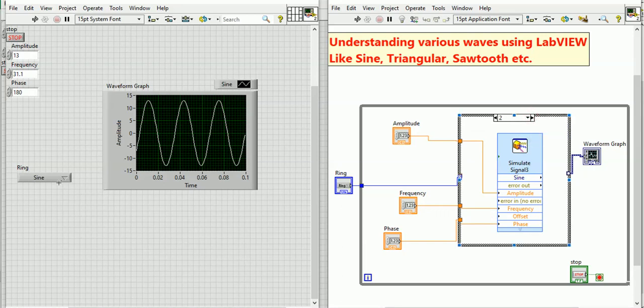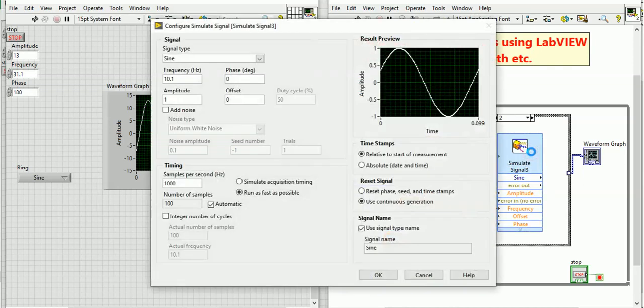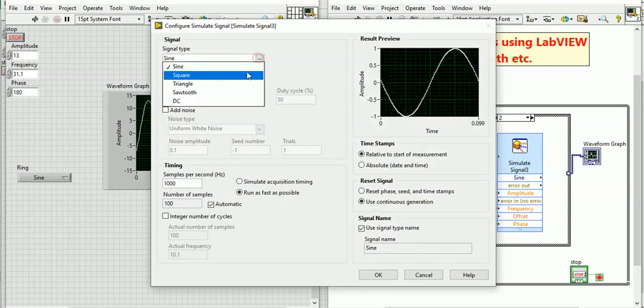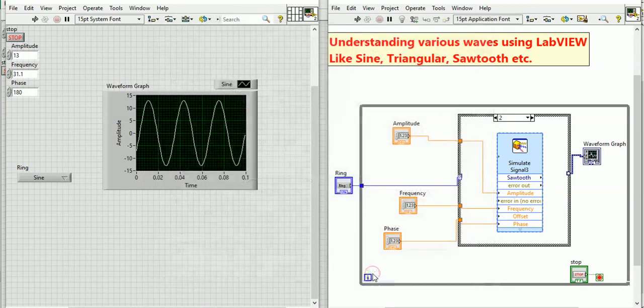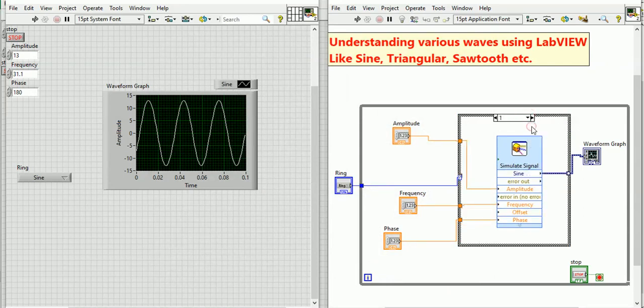In the control panel, the third one is the sawtooth, so I have to select the sawtooth from here. After double clicking, there is a sawtooth, that means this one. Okay, fine. Now the second one, here in the control panel, is the triangular, so I have to select triangular here.